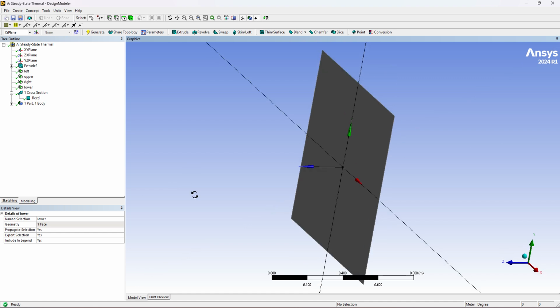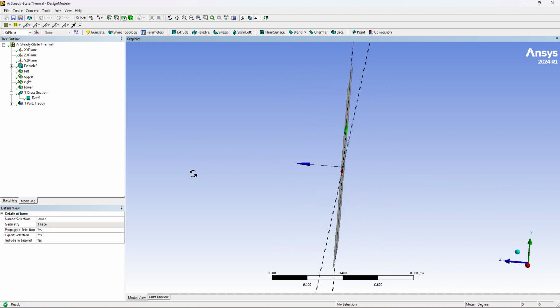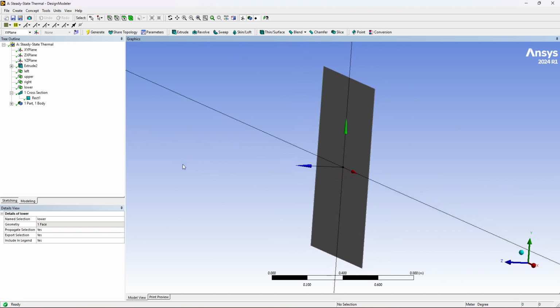In the main time, the 3D simulation of this whole panel will include the convection and radiation as well. While we were doing a 2D case, we were only accounting for the conduction, but this time we will be taking all three heat transfer modes and do a complete simulation of this